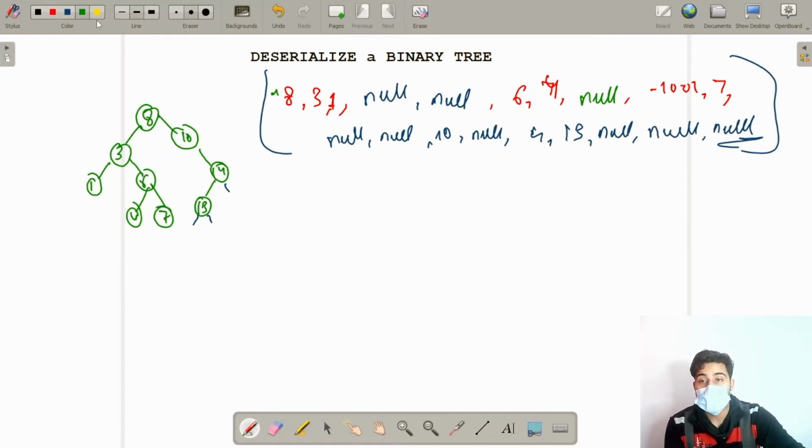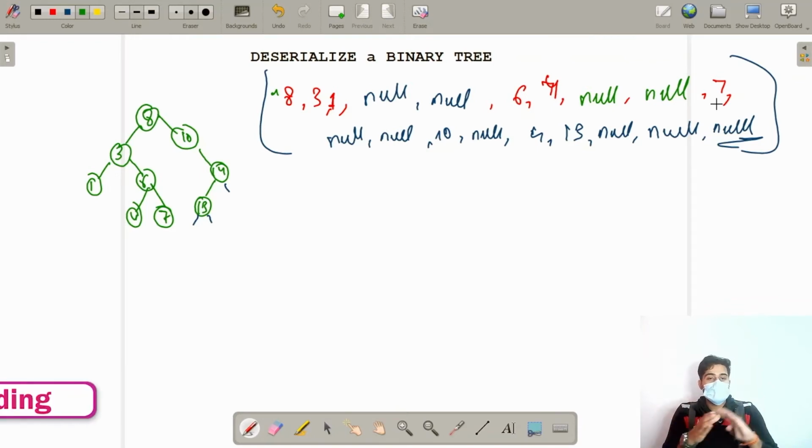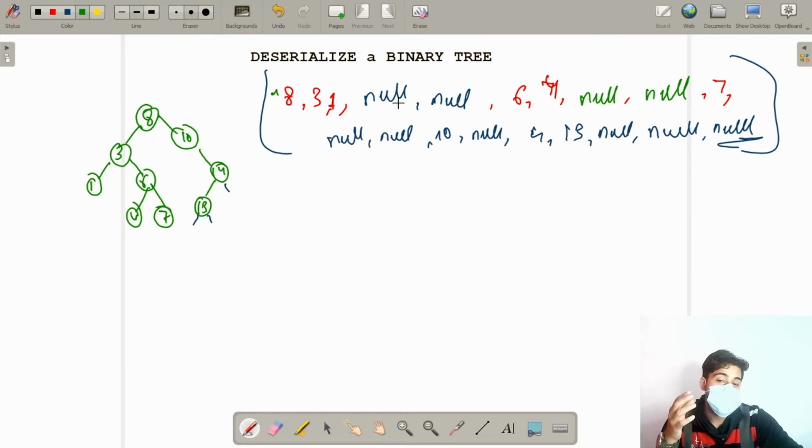I just forgot to update here also. So my approach will be this: I know that serialize gives a string, so for deserialize I will break the string into a string array, so that I can easily extract out the 8, 3, 1, null positions. So I'll convert it into an array, and while iterating over it,